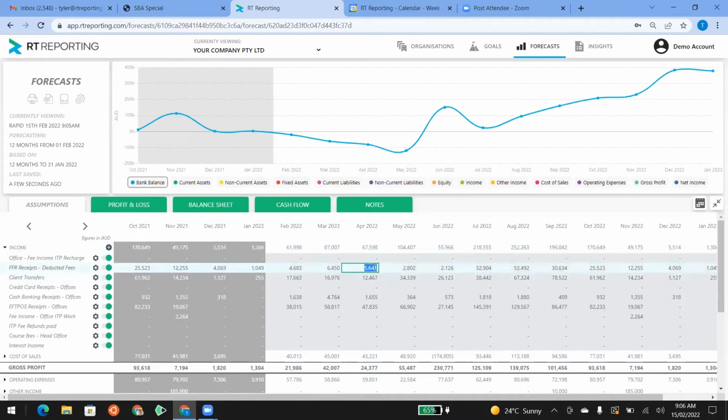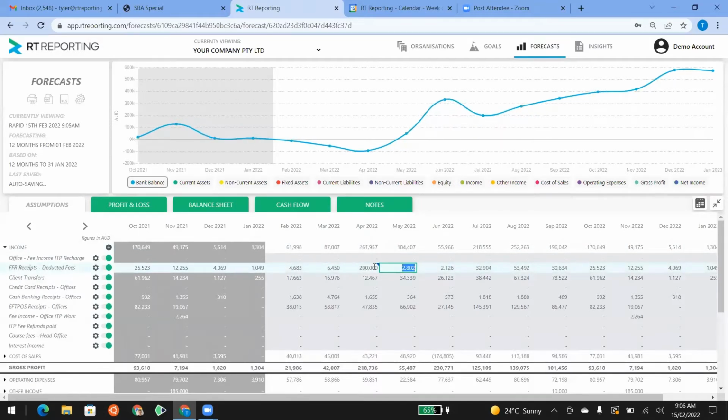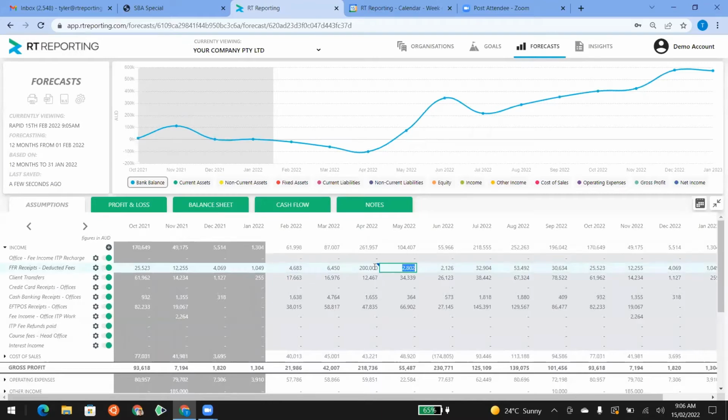Brad's going to touch on a little bit of the features in a moment, but what a lot of people like is the user-friendliness of the tool. So you can type your assumptions directly within the cell for the forecast going forward. You can also type basic formulas in here. So we're really leveraging the best of both worlds between Excel and these web-based apps. What you'll notice here is as well as an audit trail. So you can always keep on track of which adjustments you've made to the forecast and explain that to the